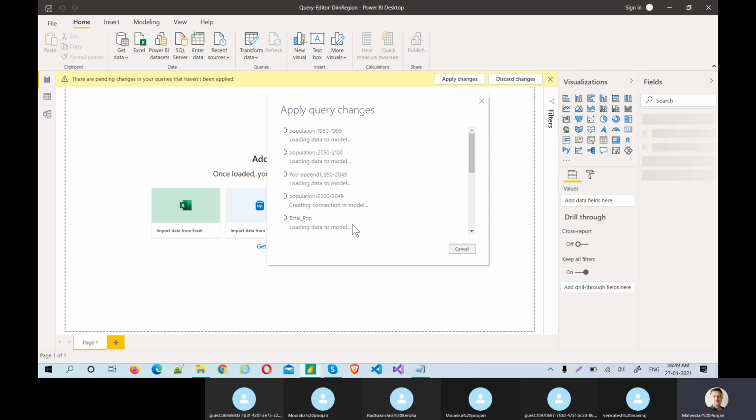But this is not a good scenario to load. I will tell you why. I would like to show the size. See, MBs are going on. It was in KB, but now MBs are loading. You will understand how big the PBIX file size is, and by applying performance techniques, we will reduce the file size.